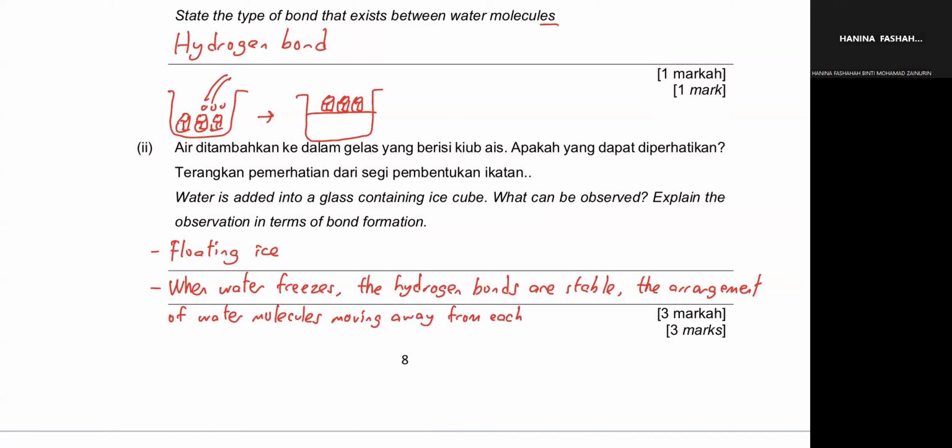Normal water has a lot of water molecules sticking together, but ice doesn't; the molecules move away from each other. So the volume